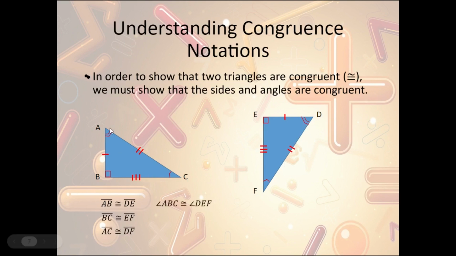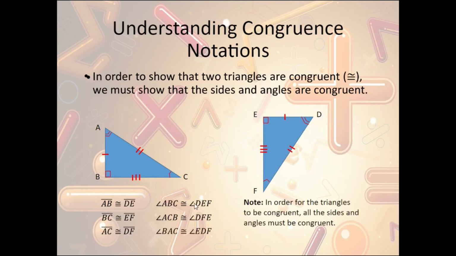Then I have my angles. Angle ABC is congruent to angle DEF because they're both 90 degrees. They both have the box. Then I have angle ACB, so the single arc, is congruent to DFE, single arc as well. And then I'll do my double arc. So BAC is congruent to EDF,